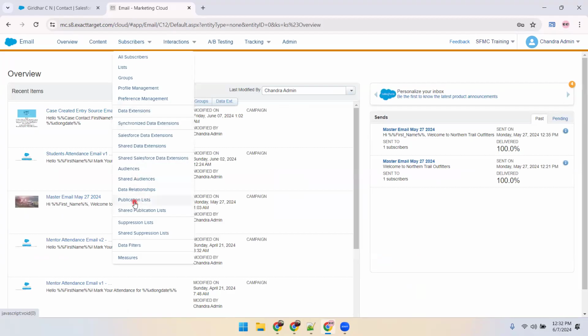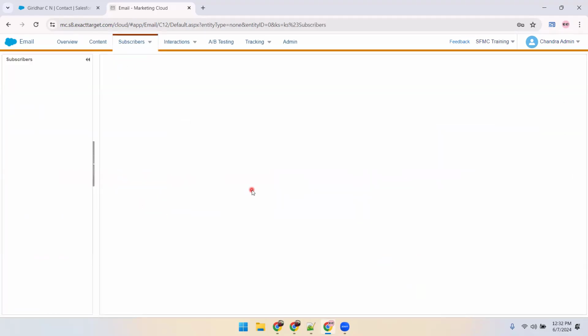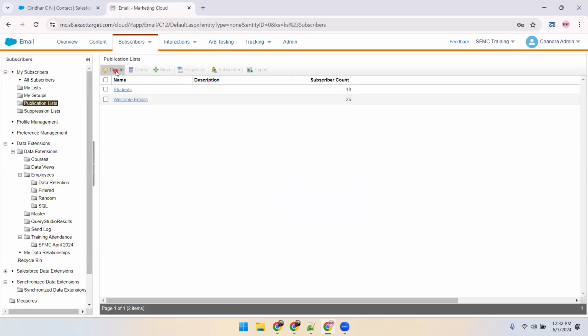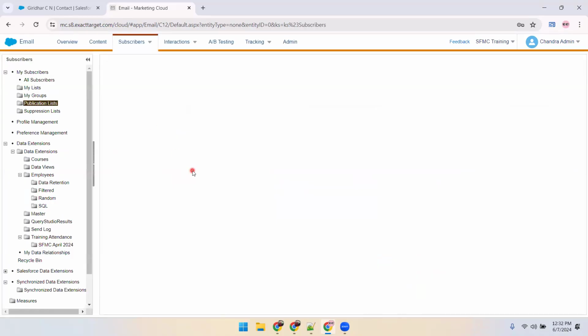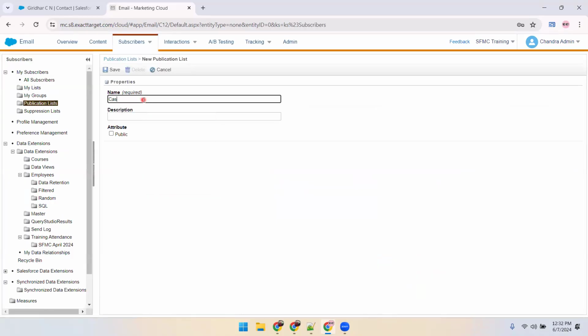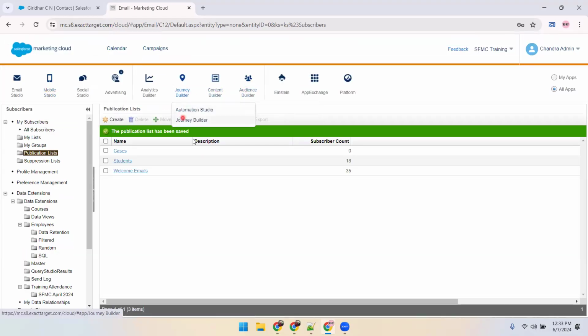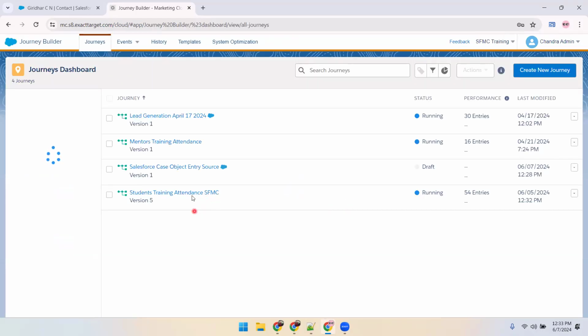So, if you people remember, I created some publication list long before, which you people are using. Recall that point. I'm trying to create a case. I want to create cases as one of the publication. Now we know where they come from. We know the email content. So let's see whether I receive it, and also Salesforce case object entry source,